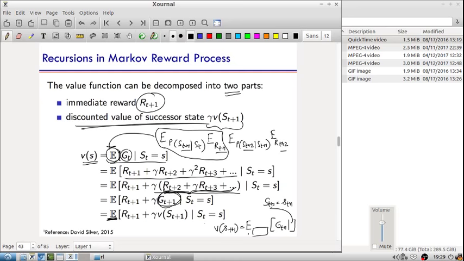The original expectation is actually the expectation over all random variables. Random variables are S_{t+1}, R_{t+1}, S_{t+2}, R_{t+2}, S_{t+3}, R_{t+3}, and so on. All those random variables, the expectation is this short form E. Now all I'm saying is the same E comes up to this point. This E is a bunch of expectations, integrations or summations, just think of them as summations. I can push some summations inside, because except for R_{t+1} and S_{t+1}, everything else